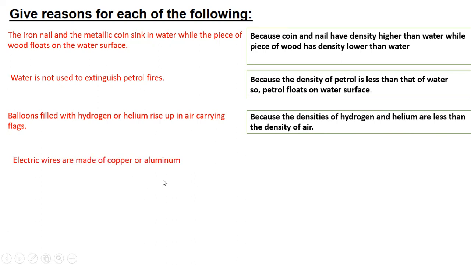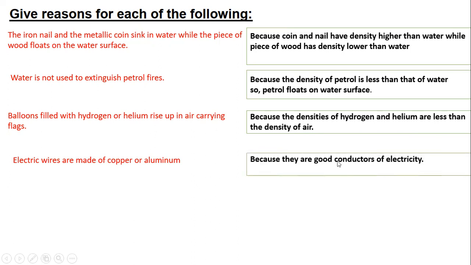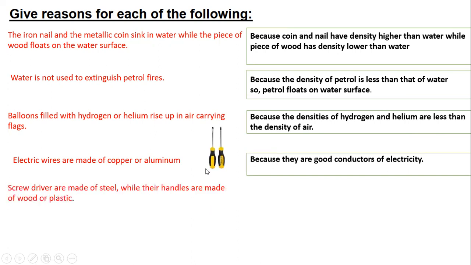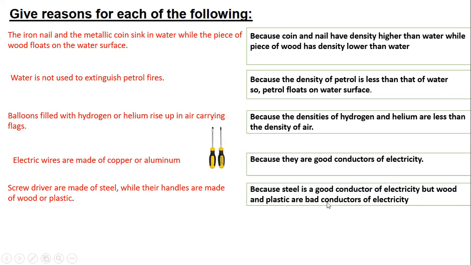Electric wires are made of copper or aluminum. Why copper or aluminum? Because they are good conductors of electricity. Next one, I'm talking about this. Screwdrivers are made of steel, while their handles are made of plastic. You see this part out of steel, while that part out of plastic. Why? This part is steel because it is a good conductor, while plastic is a bad conductor, to protect my hand, because steel is a good conductor of electricity, but wood and plastic are bad conductors of